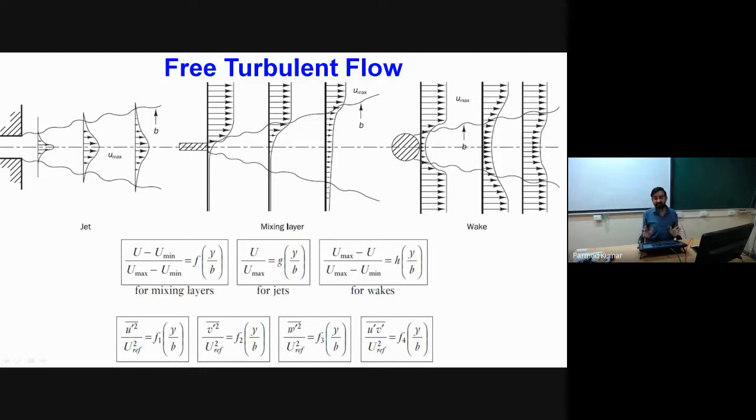And what is that range of Reynolds number? That can be obtained from linear hydrodynamic stability theory. Okay. Now I will stop at this point and we will have further discussion in our next lecture.